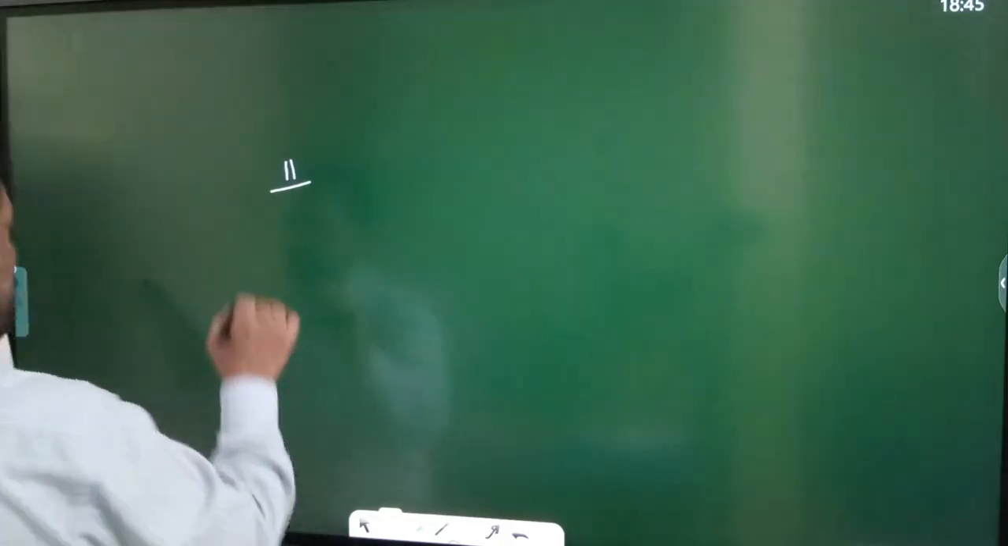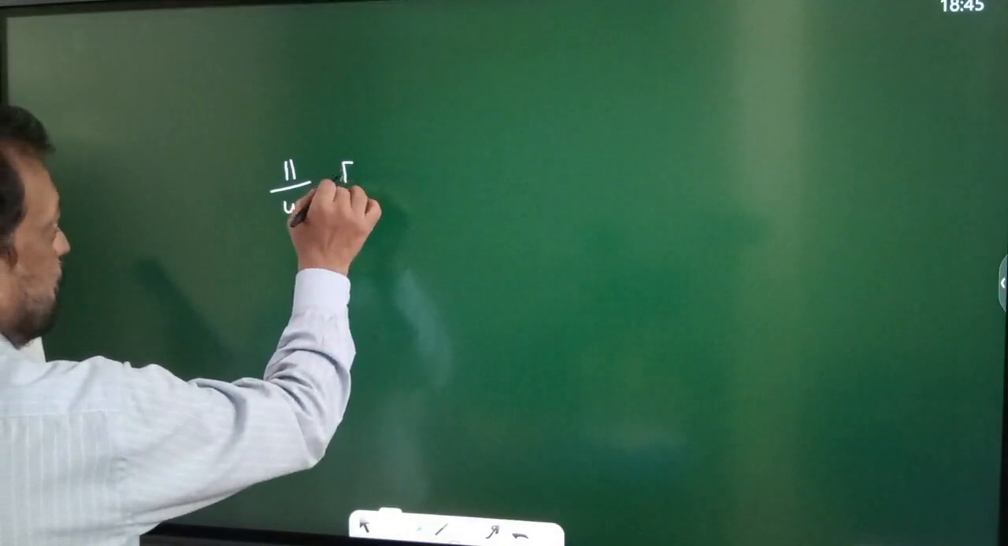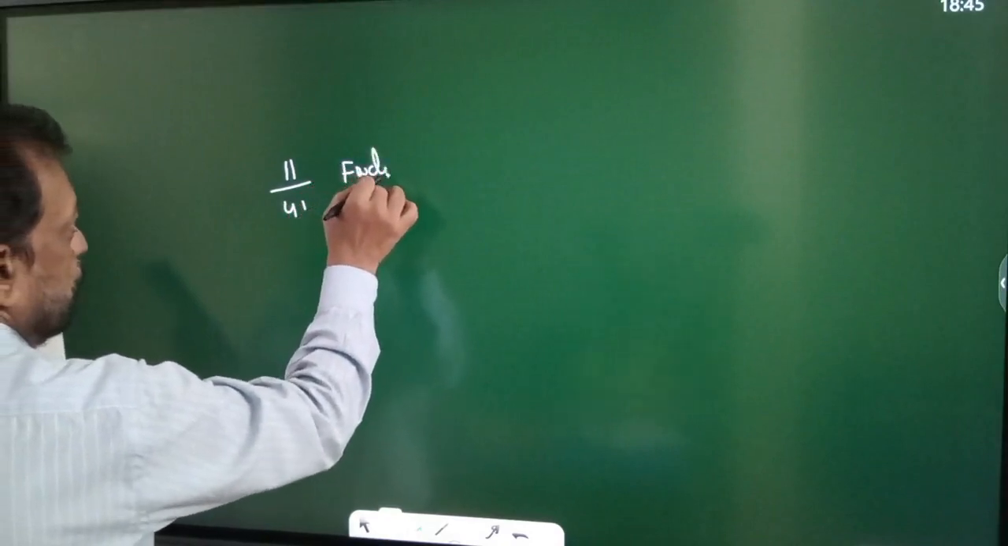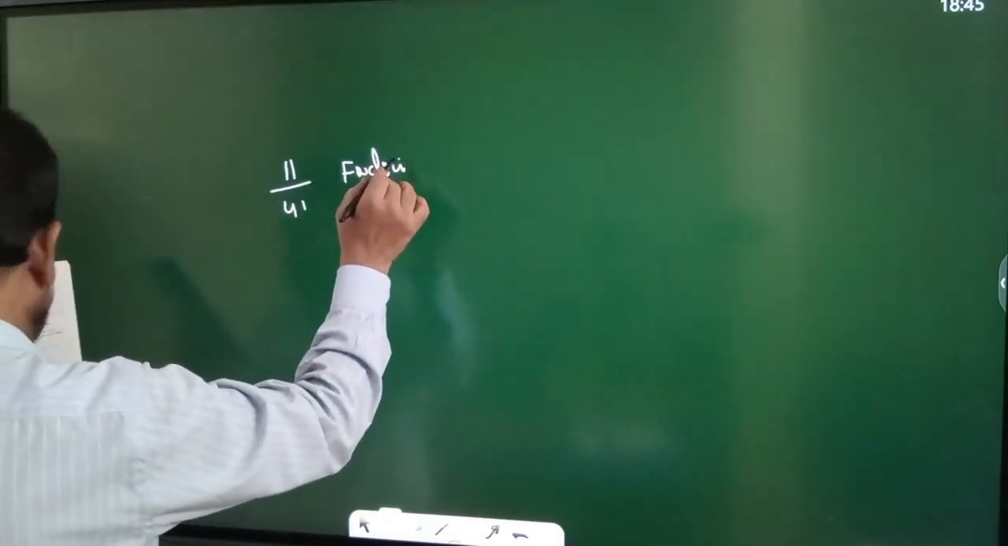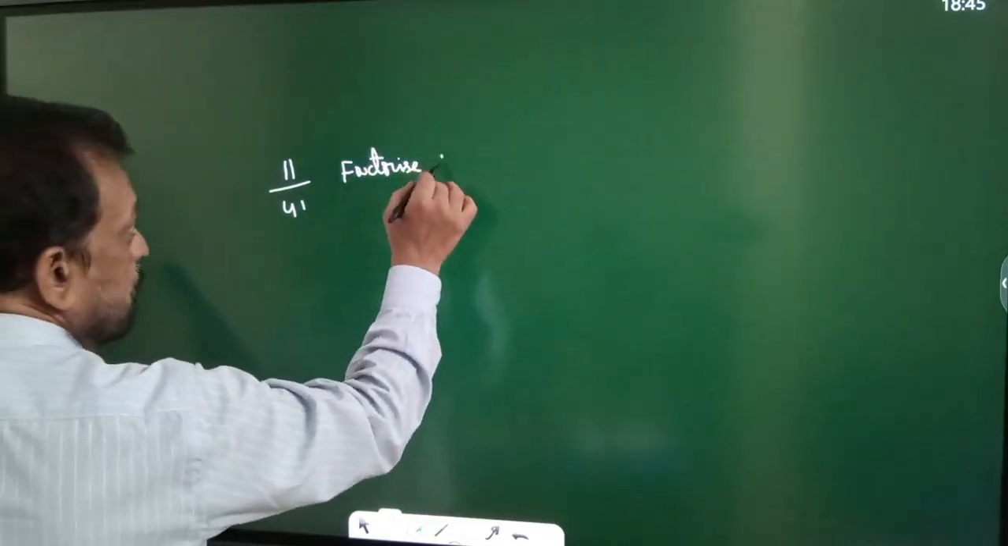Factorize. 41. Factorize. Factorize. Factorize